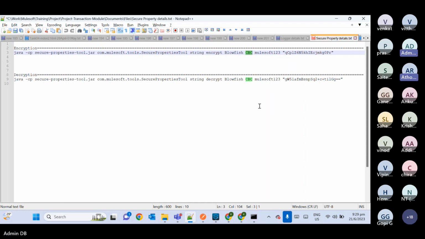Whenever we do encryption, we have four modes. Here we have taken CBC mode, and this is the secure key. Whenever you want to encrypt the data, you must provide the secure key, and this secure key will be used to decrypt the data. So this is the secure key, and this is the data which we want to encrypt. So what I will do,